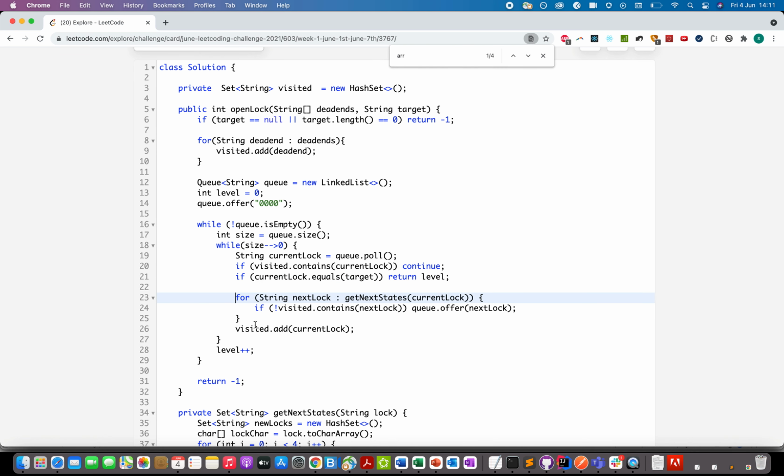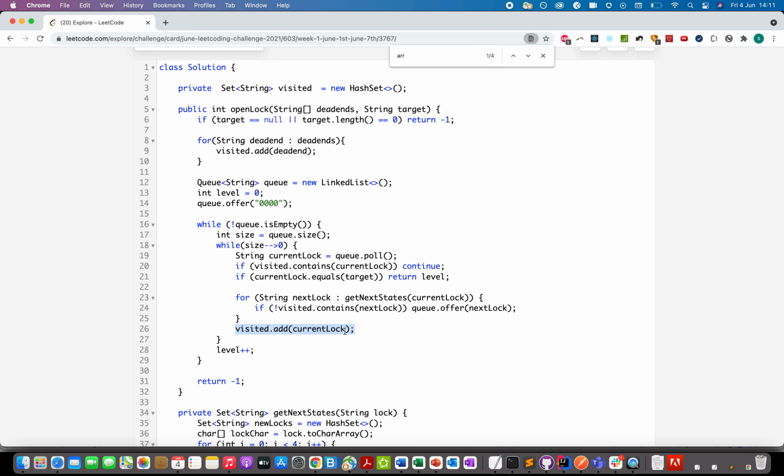Otherwise, I generate all the next states from my current state of the lock. We'll talk about this method, but let's assume it returns all the possible higher states. I check whether my next state is part of the visited set or not. If it is not part of that visited set, I add it into the queue.